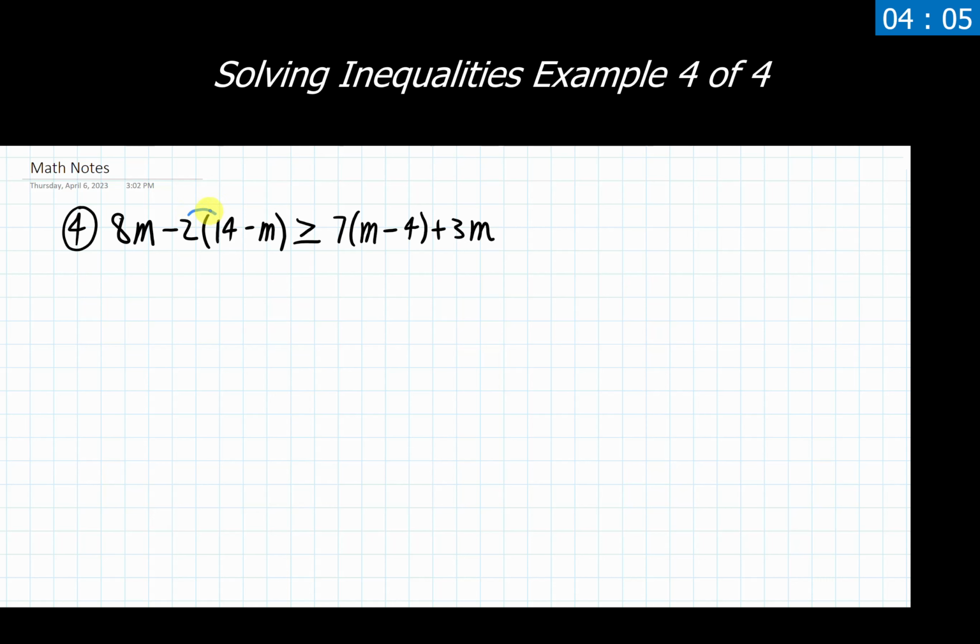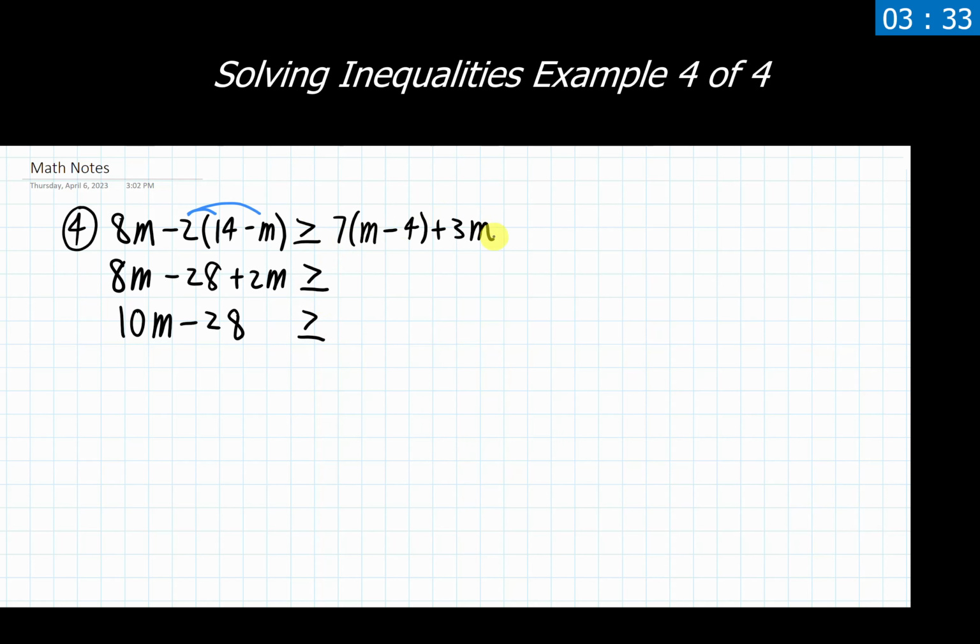So the 2 is going to multiply through on the left side. And I'm going to get 8m minus 28. There we go. Plus 2m. Bringing the inequality down just to keep that consistent. I'm combining like terms on this left side here, and I'm getting 10m minus 28. I can't combine anything else together. That's fine. Bringing the inequality down, and we're just going to leave it exactly as it is there.